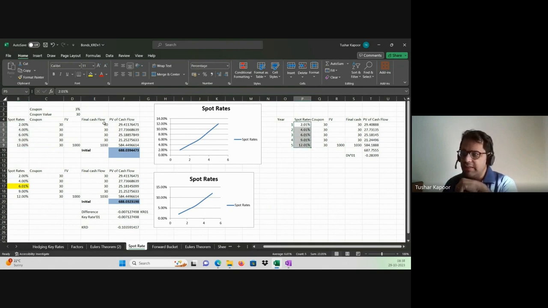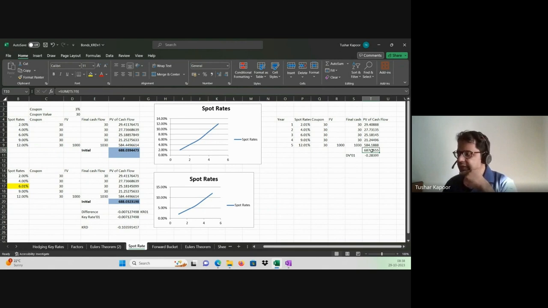Now, if I use the same cash flows with this discounting rate 2.01, 4.01, 6.01, 9.01, 12.01, the impact is going to be 687.755. That means if I increase the yield, I know the bond price is going to fall. But how much? 688, which is the initial bond figure with 2, 4, 6, 9, 12, against 687.7555, which is 2.01, 4.01, 6.01, 9.01, and 12.01. So the change in price exactly that happened because of this is